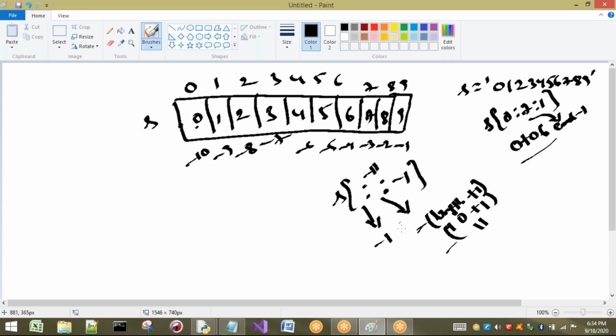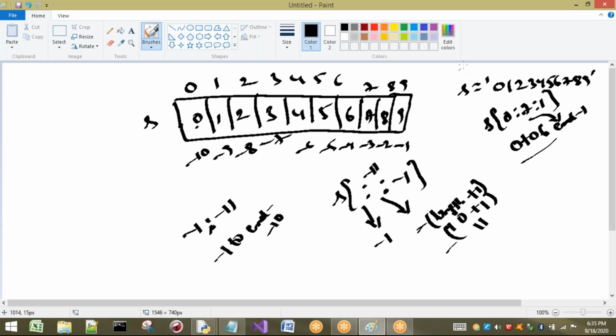Now the value is what? My beginning value is -1 and ending value is what? -11. So what are the values that are going to be considered here? -1 to end -1. Okay, that's what end plus 1 here. -1 means one value will be decremented. That means here only up to -10 the values are going to be considered.